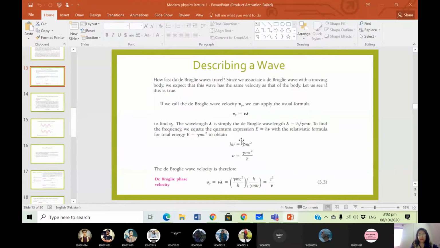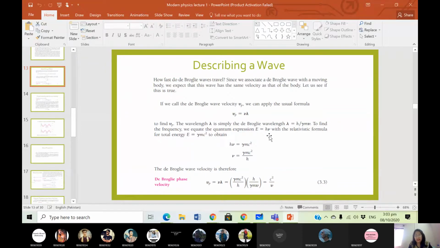So here we're talking about de Broglie waves, and lambda here is equal to h over p. If we're talking about the relativistic momentum, it is gamma mv. So we have this formula for the de Broglie wavelength, lambda is equal to h over gamma mv. So now, what do we want to find? We want to find the frequency, okay? We don't know this frequency. We want to find the frequency of the wave,